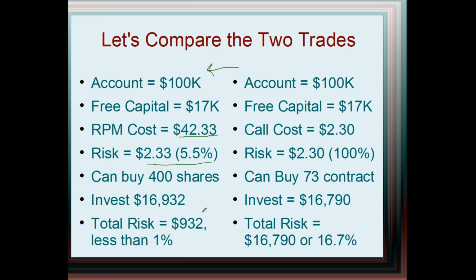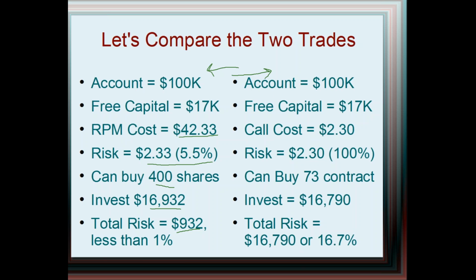With $17,000 of free capital, I could afford to buy 400 shares. This would put me at a cost basis of $16,932. But remember, with 400 shares and 4 puts, I'm only risking $932, which is less than 1% of my total portfolio value. Now over here on the right, same account, $100,000 total value,